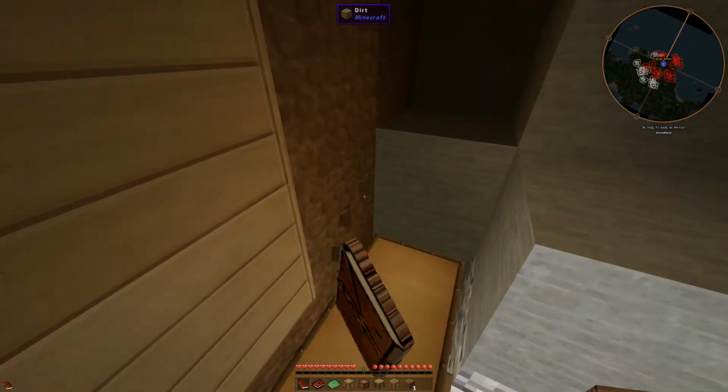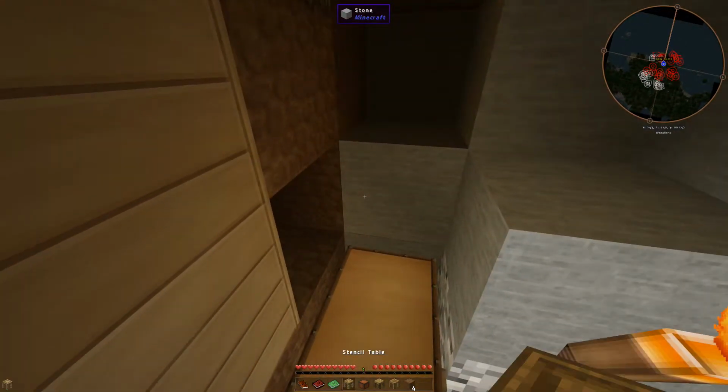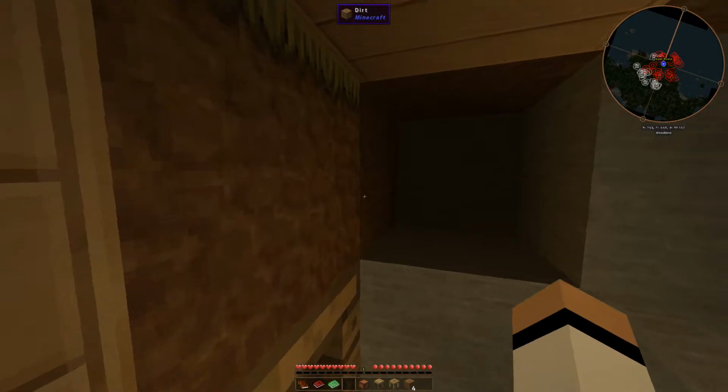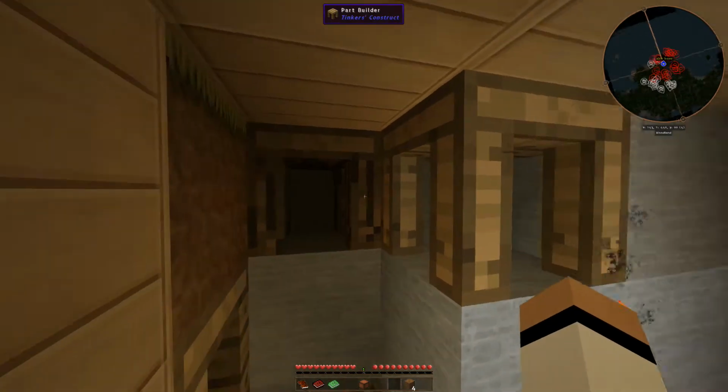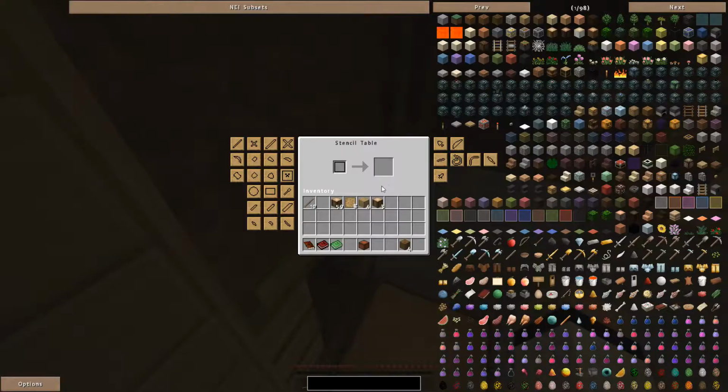because we don't really have tools, so we're going to try to kind of, that's going to be our stencil table, and that's going to be our part builder, and that's going to be our tool station. So for the stencil, what are we going to need? We're going to need tool binding. We could, if we wanted to, make tool rod, but you can use sticks, so we're going to skip that. We need a pickaxe head, and then of course we're also going to want to make a shovel down the road. We're going to want to make an axe head,